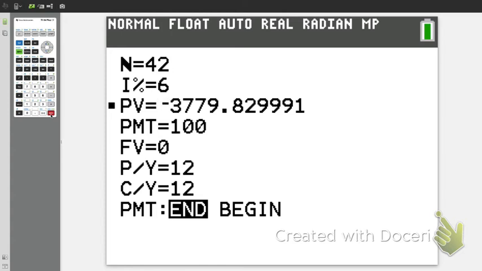Okay? So if I then look at example 5, we are given an interest rate of 5%. So go change that for myself right now. 5% compounded annually. What does that mean for us? One time a year. So my PY, CY is all 1. Find the present value. So again, we'd like to find our present value